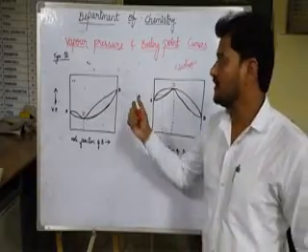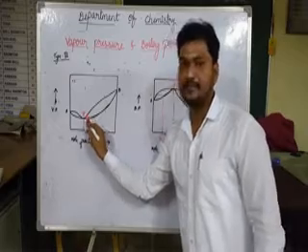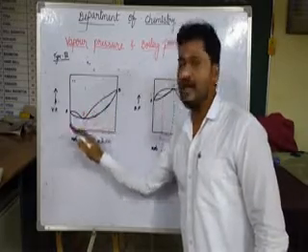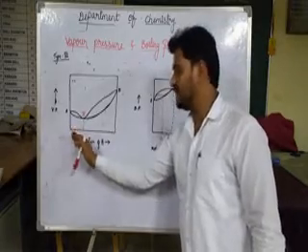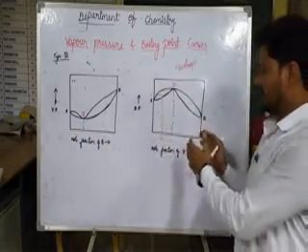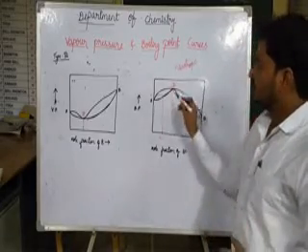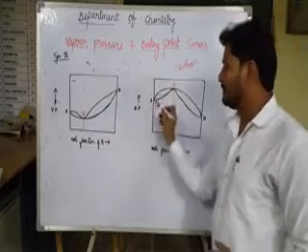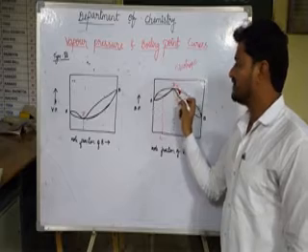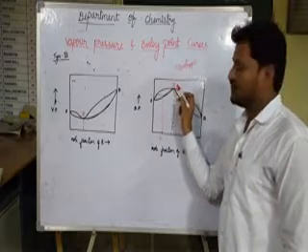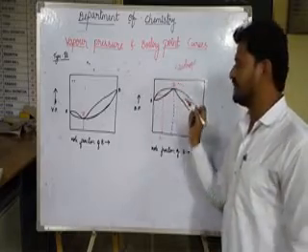Okay, let's talk about the type 3 curve in which the vapor pressure will be minimum for the composition of both A and B, where the mole fraction of A will be decreasing and the mole fraction of B will be increasing. Similarly, we observe the same type here in the boiling point curve also. Where the vapor pressure is minimum, the boiling point will be maximum for this azeotropic mixture, which is indicated by the point D. So here, this is the azeotropic mixture which boils and condenses at the same temperature.